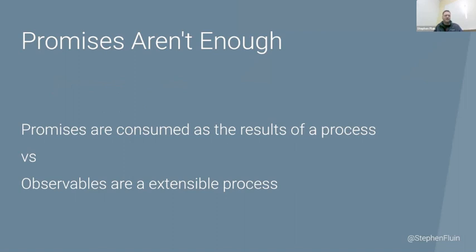Promises are basically simple: they allow you to consume the results of a single process. So you will only ever get 0 or 1 results back from a promise. Whereas an observable, you can think of as more of a process that is extensible. So when you call promise.then,